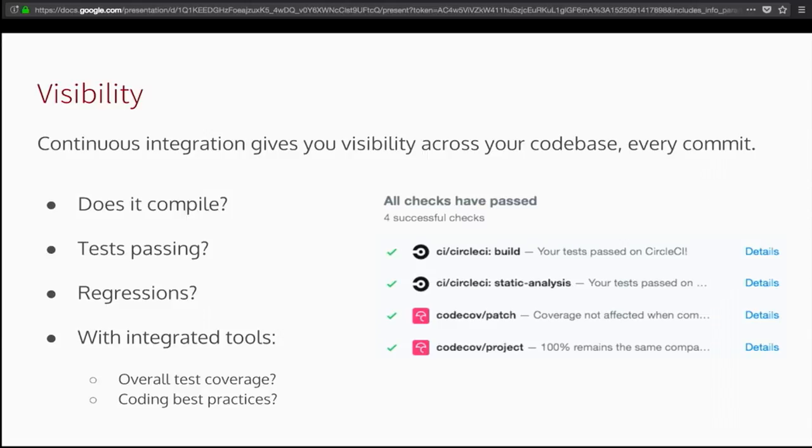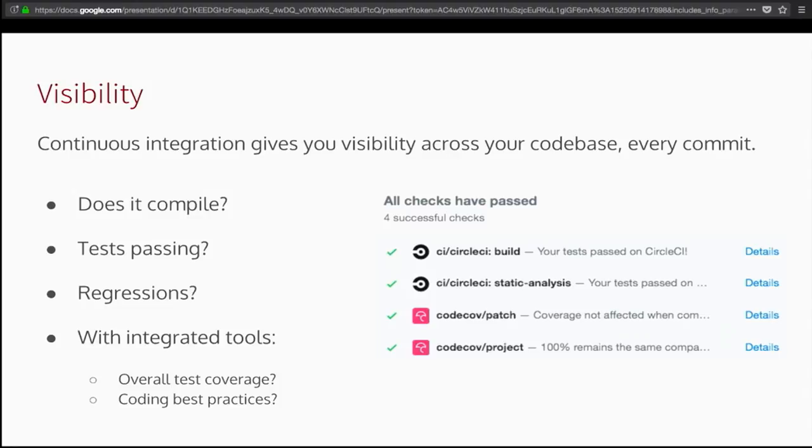Meaning, is it working? At the most fundamental level, is your Apex compiling? Do you have any references to custom fields that don't exist? Do you have any typos or dangling references between your declarative metadata? Does it compile? Does it work? Do your unit tests pass? Have we accidentally introduced any regressions in work that we've done previously that cause our org to move backwards? These are things that get